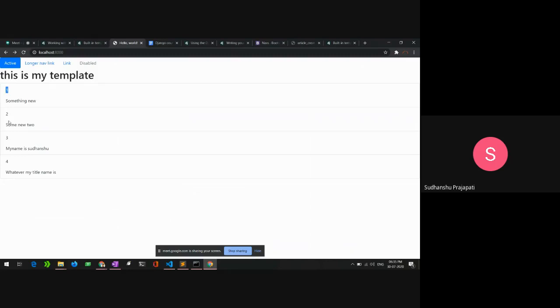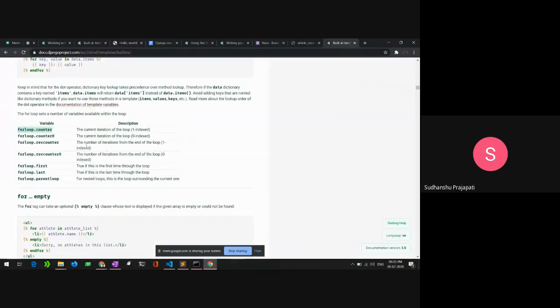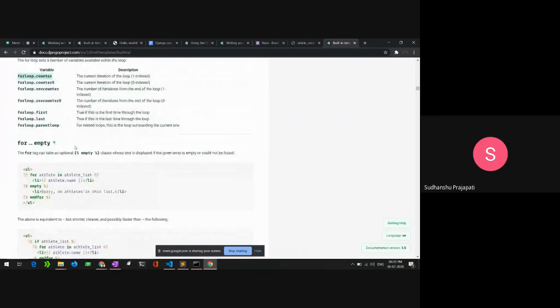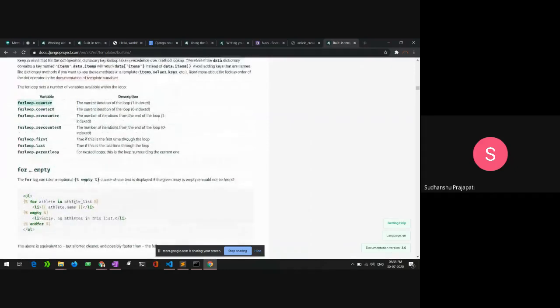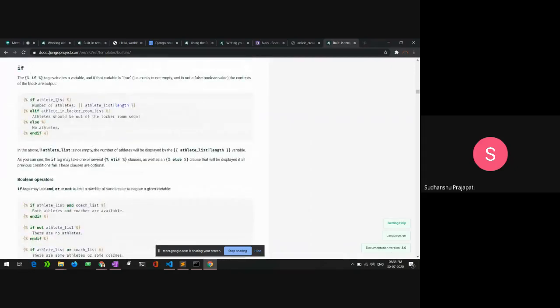You can now see where the loop actually is by using the loop counter variable given in the documentation of the Django project. And here is an example of using a simple if and else inside the HTML.